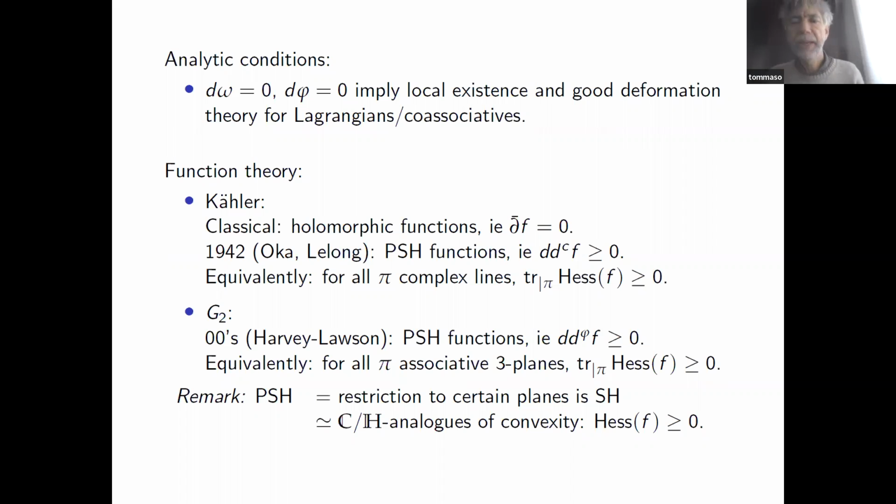But yes, I was saying I like the other point of view, the Hessian point of view, because it contains interesting intuition on plurisubharmonic functions. Remember that standard convexity means that the full Hessian has to be positive. And so pseudo-convexity means some sort of analog of that in the complex case or in the quaternionic case. That's really what these definitions are telling us.